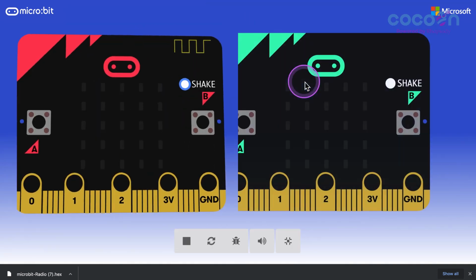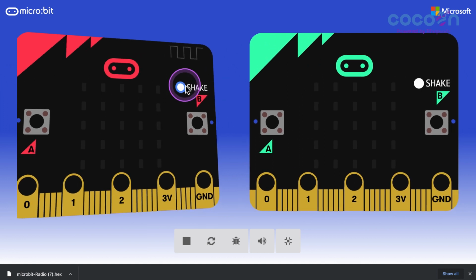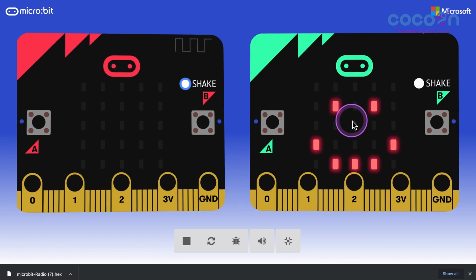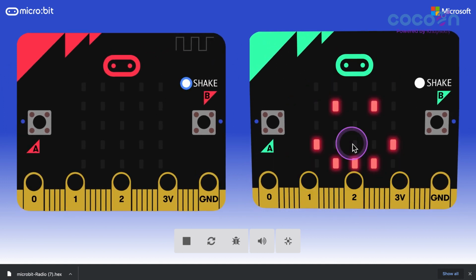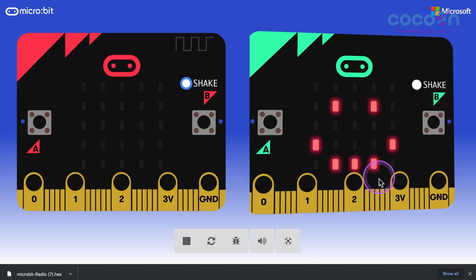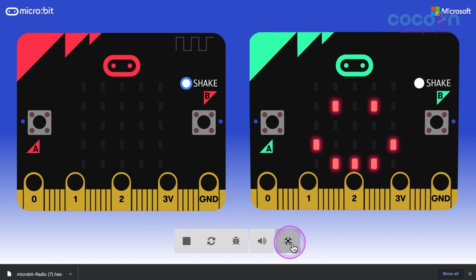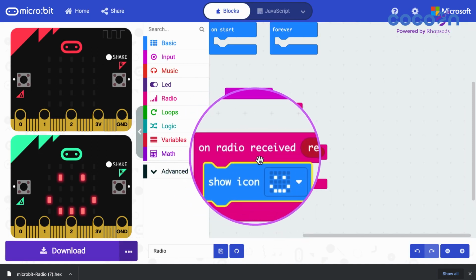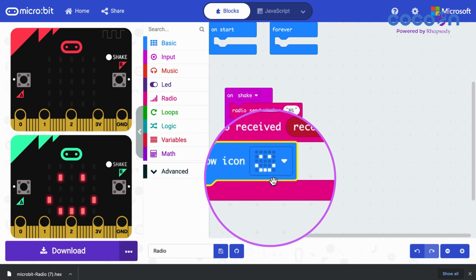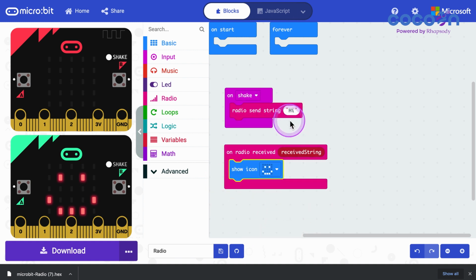Clicking on shake, I get a message on the second microbit. I click on shake again. Now, on my second microbit, instead of receiving the message hi, I am showing a happy smiley. This is because I have programmed the on radio received event to show a happy smiley no matter what is being received. So even if I change radio send string hi to radio send string bye,